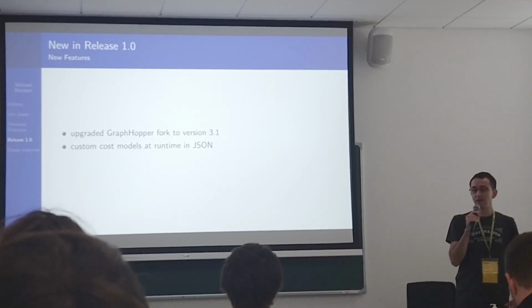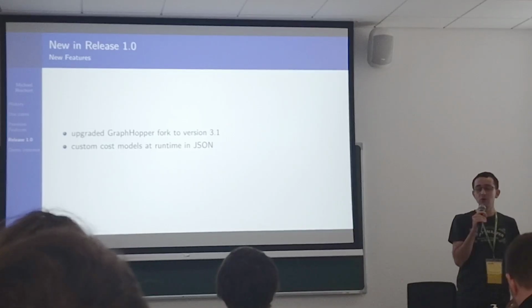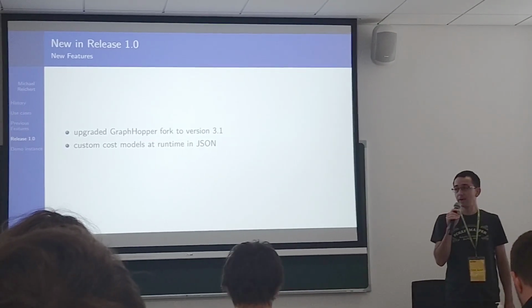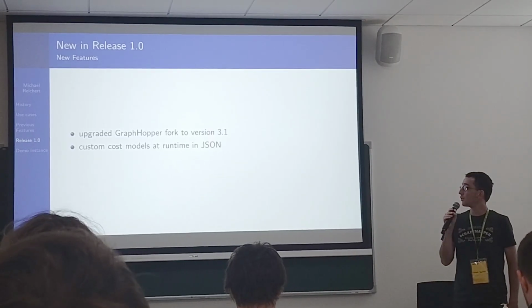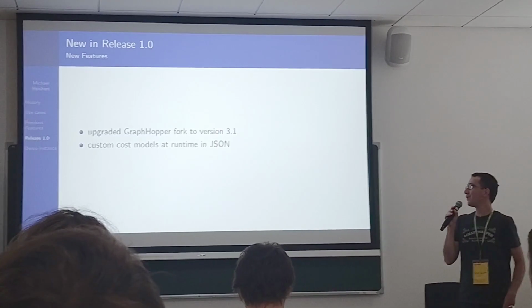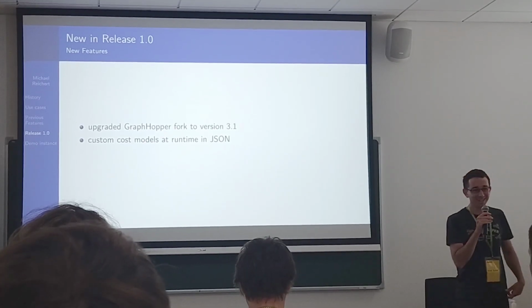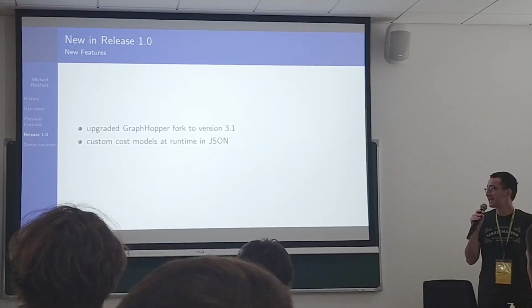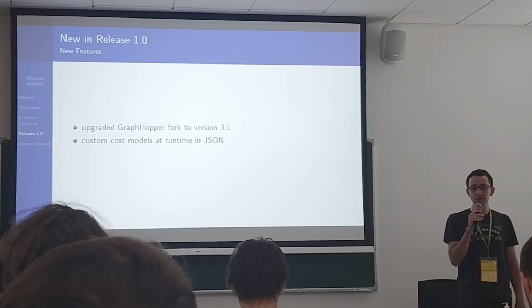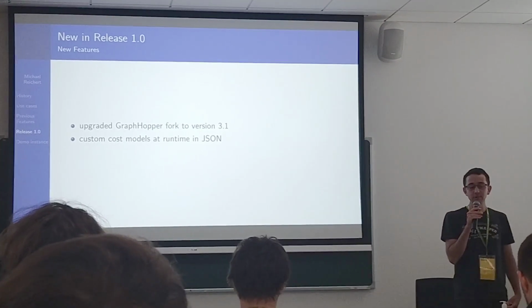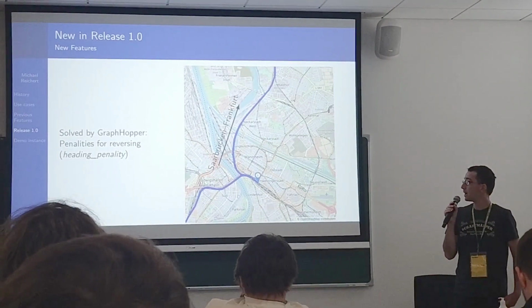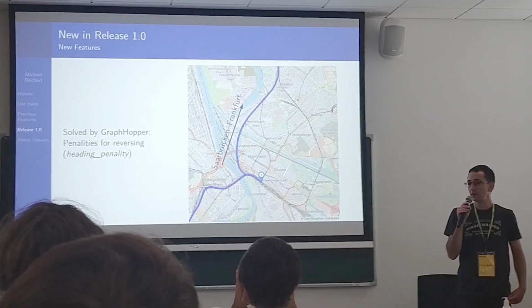We've released version 1.0 a few weeks ago. It's an upgrade to, that's a typo. We upgraded our GraphHopper fork to version 9.1, and this means that we can make use of the custom cost models that you can specify in JSON format at runtime. With the upgrade of the GraphHopper fork,